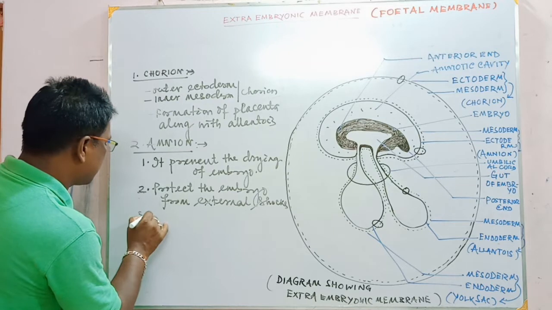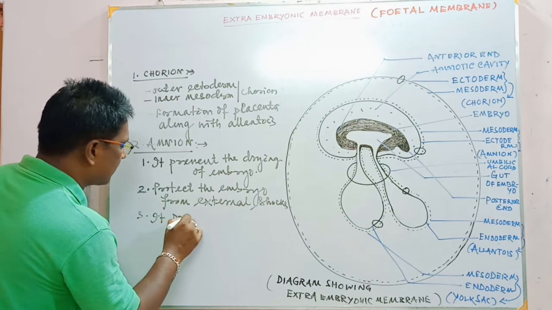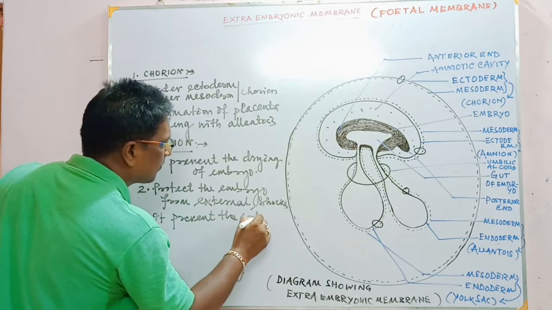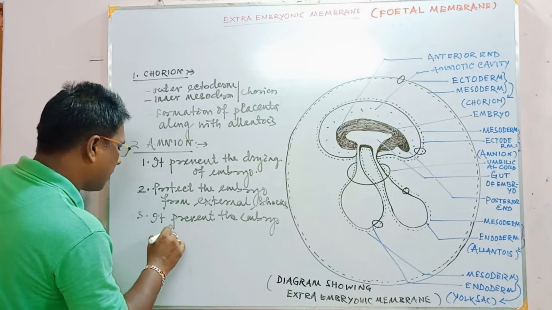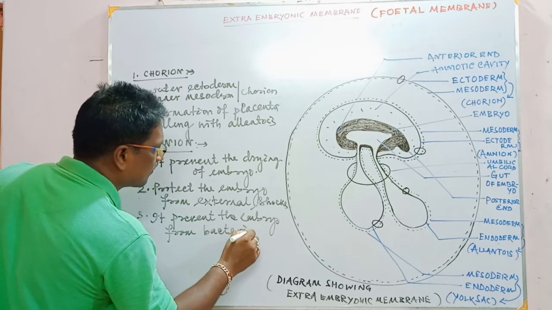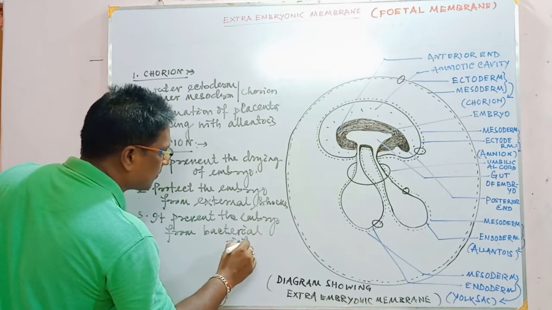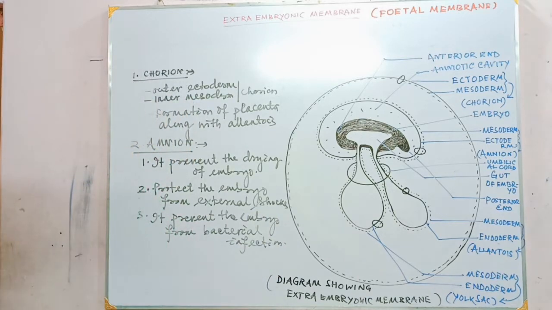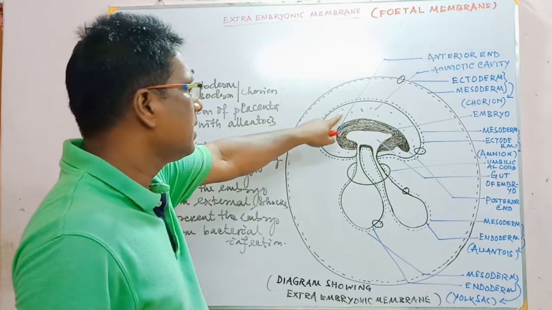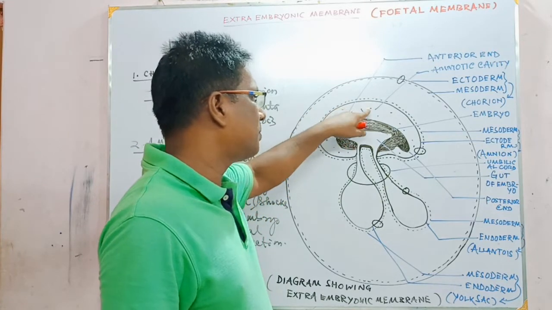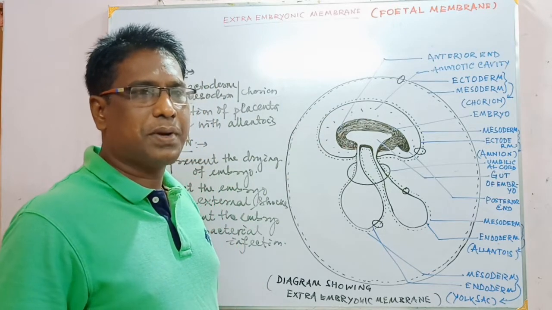The next function is it prevents the embryo from bacterial infection. It protects the embryo by absorbing the shocks. If any external shocks enter, they can be absorbed by the fluid present within, that